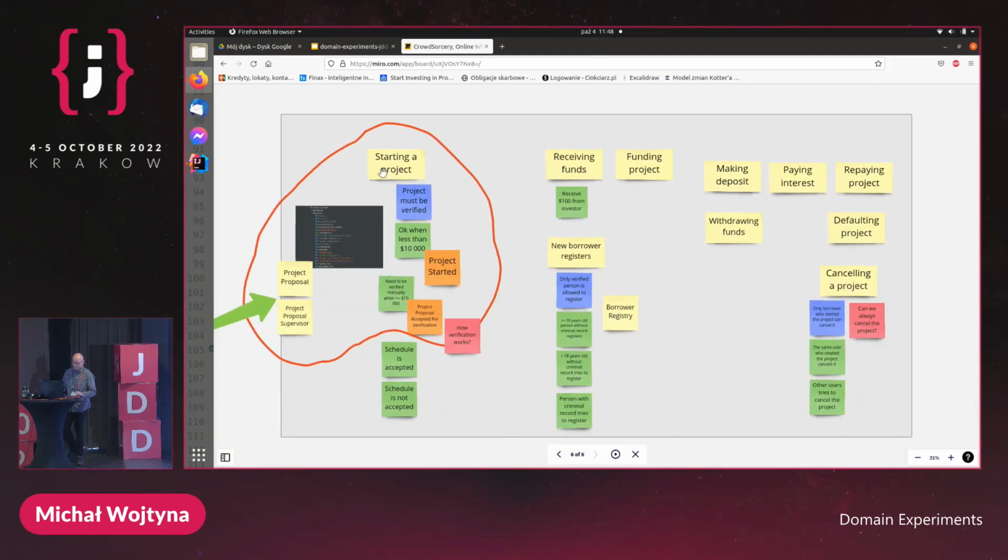And ultimately, this leads to a quite interesting finding: starting a project is really all about checking the money, the total value, the funding goal of the project. So we have just one rule about this so far in this iteration of the model. Okay when less than 10,000, but needs to be verified when 10,000 or more. When the funding goal is less than $10,000, the project is immediately started. But if it's more or equal to 10,000, then the project is accepted for verification. Some new concepts also appeared, like project proposal, supervisor, and it's all reflected